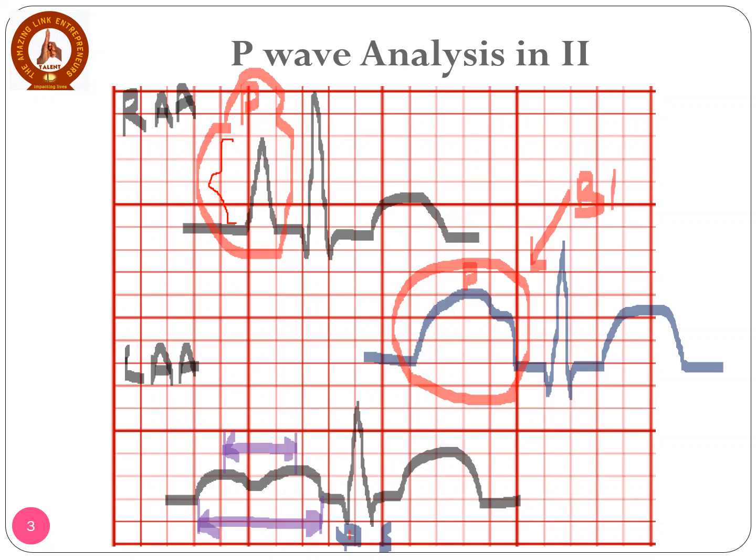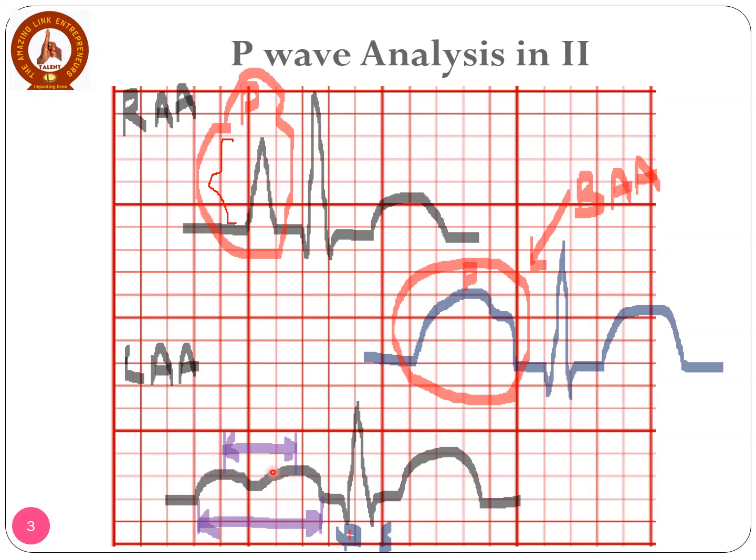So in summary, we have examined lead 2 to determine atrial abnormalities. The first one is right atrial abnormality, in which the P wave is peaked and tall, with a narrow base. The duration will be normal. The left atrial abnormality, in which the P wave duration is long, greater than 0.12 seconds, but the shape will